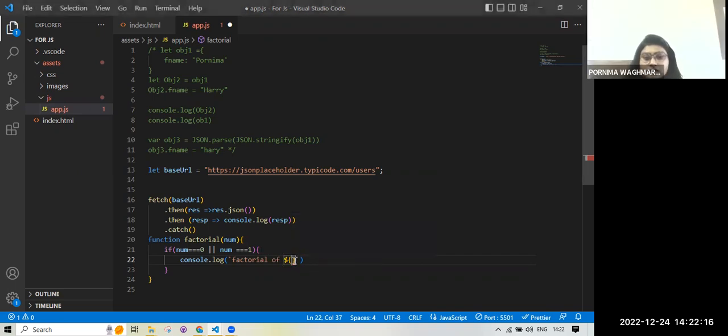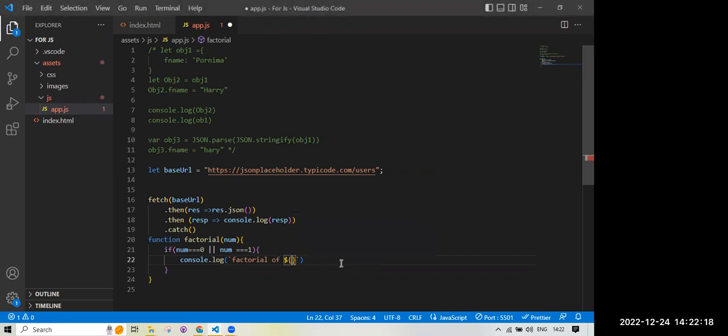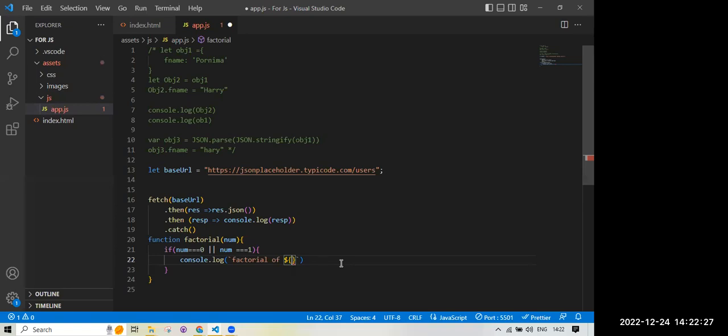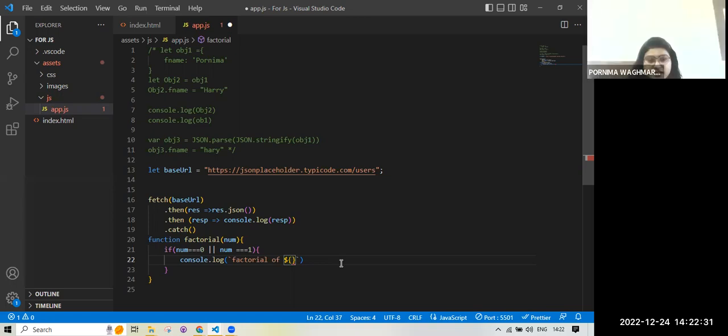Yes. So do that factorial with recursion. Firstly I will write the basic one and then convert it. Yeah, you can.